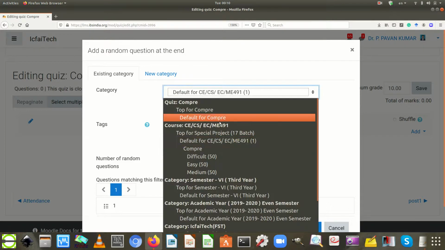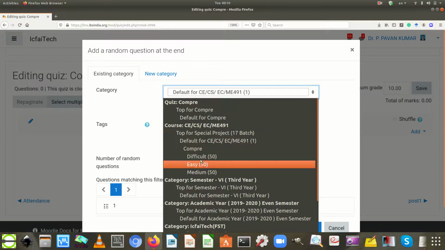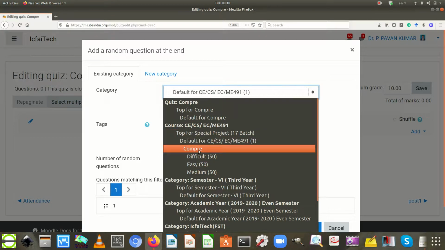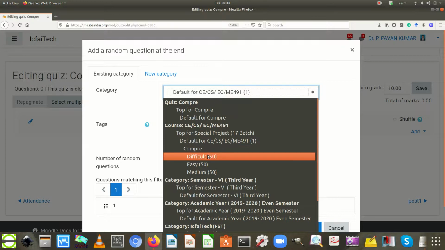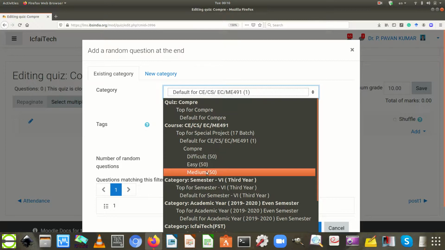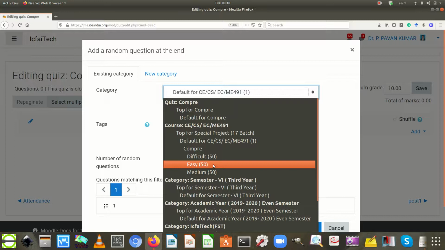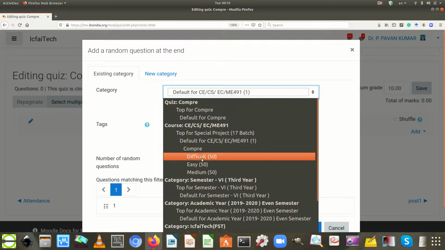Here the user can observe the Compre parent sector. Under that, three subsectors entitled difficult, easy, medium. At this point, all users are advised to manage questions in the question bank as follows. Here, the difficult subcategory name represents a subcategory name.